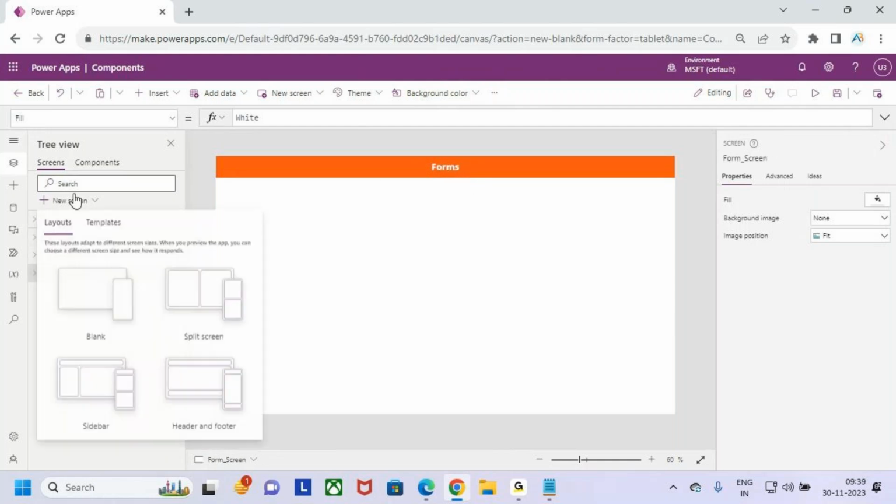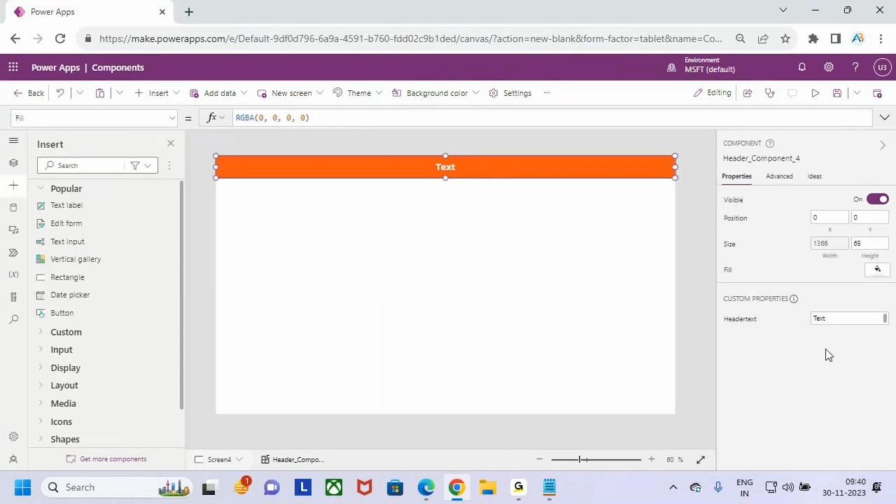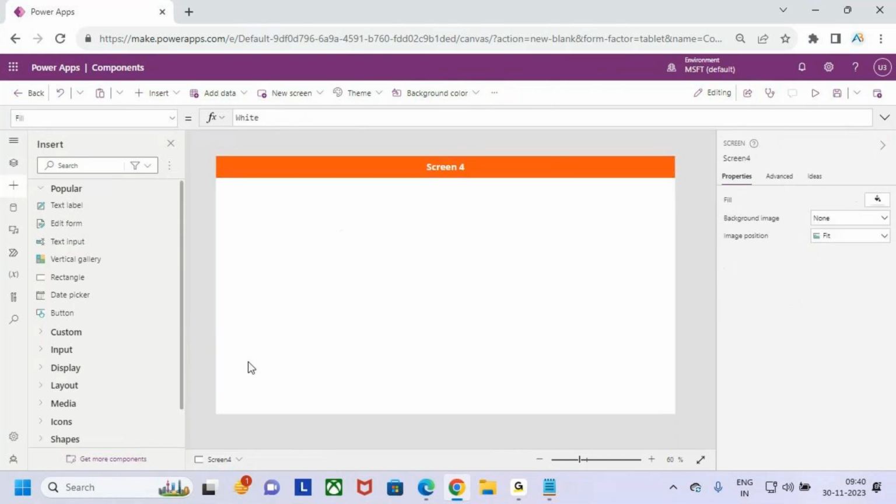If you are adding one more screen, you can add the custom header to that screen. By default the value is text. If you want to keep it as anything, let us say I'm keeping here screen 4. Now see, I'm able to change it like this with the help of custom properties,